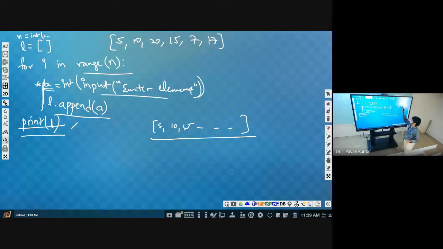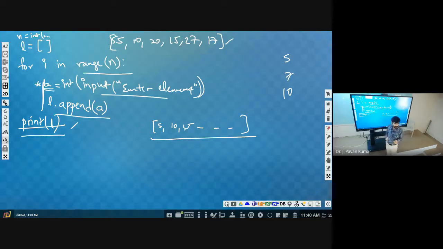Now the problem is, I will give you this particular list. Let us say, what is the minimum of this list? 5. Okay, let us consider another one. What is the minimum? 10. So what is the logic? How are we able to find out which one is the minimum? Comparison. How are we comparing? Comparing two elements. Two elements we will compare.